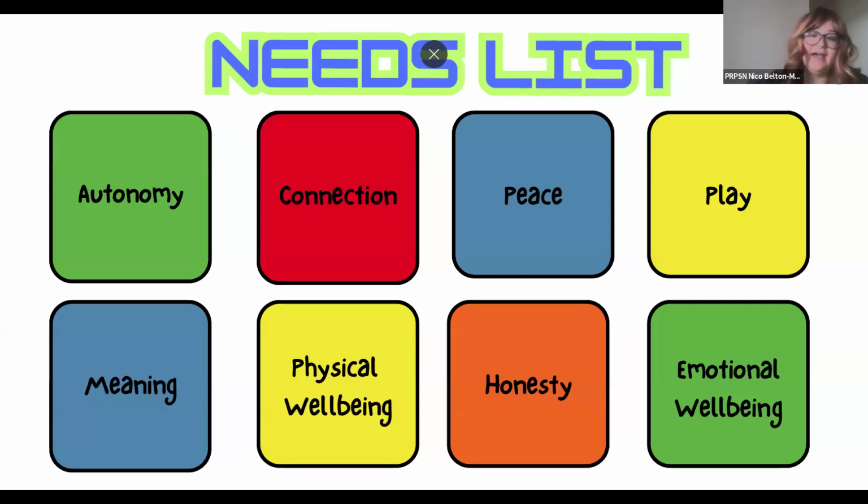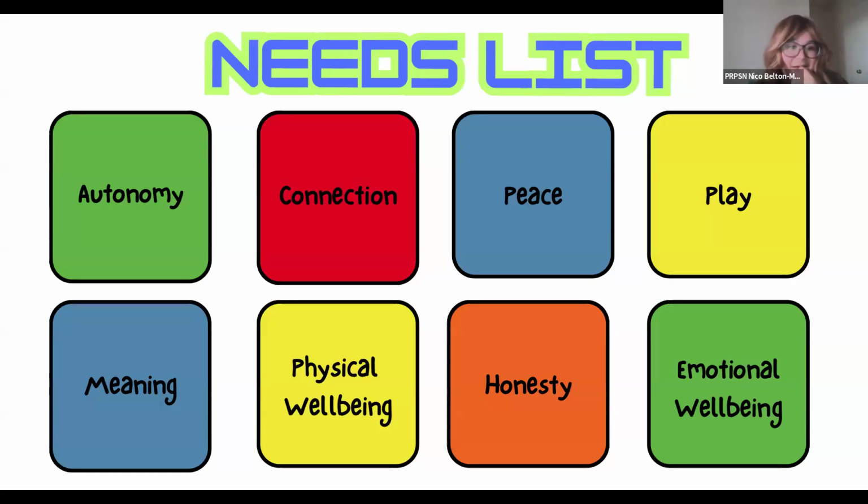Good. All right. So when we were watching the video with Dr. Rosenberg, he talked about the needs list. We already were able to identify our own feelings, our emotions, from the emotions list. Now there's a needs list. The needs refer to essentially what you need in the situation to feel comfortable, whatever you may get from it. So maybe you just need someone to be honest with you. That's a really big one.